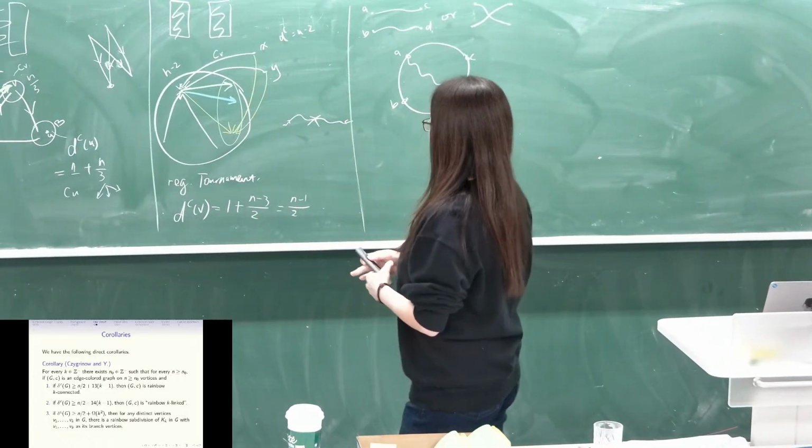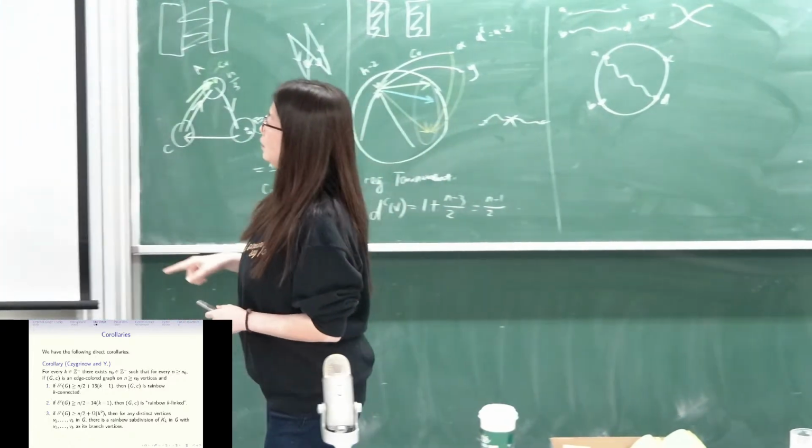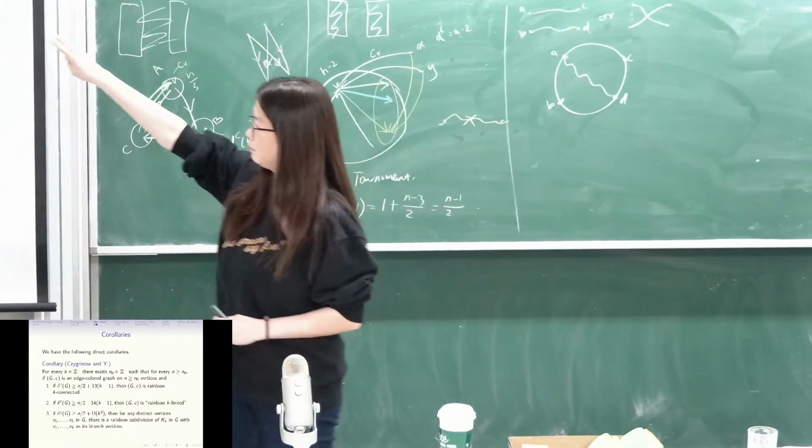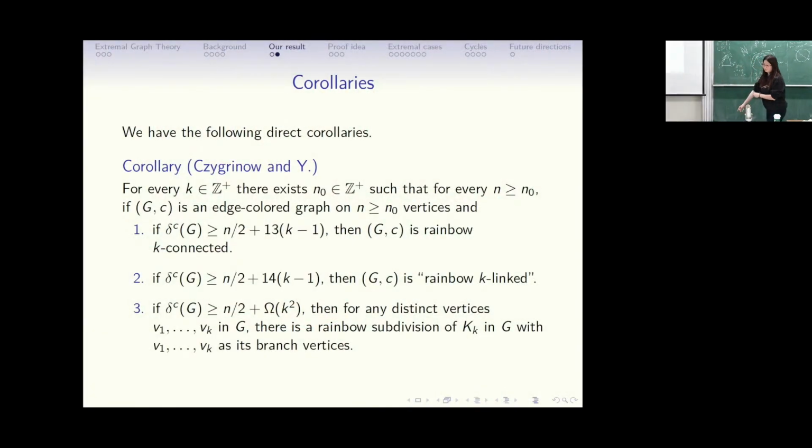Okay, so now I'm going to give probably the only proof in this talk. How can we see corollary 1 from our theorem? So is the k squared optimal, this low order term? Not sure. But you can see why we need it from my proof of the first one.